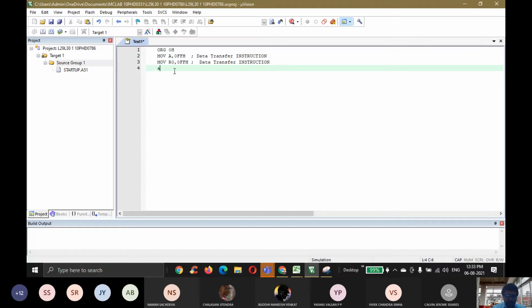Don't worry. ADD is the mnemonic to perform addition. The destination will be the accumulator and one of the input sources will be the accumulator. The answer will be like this: A will be A plus the other operand.